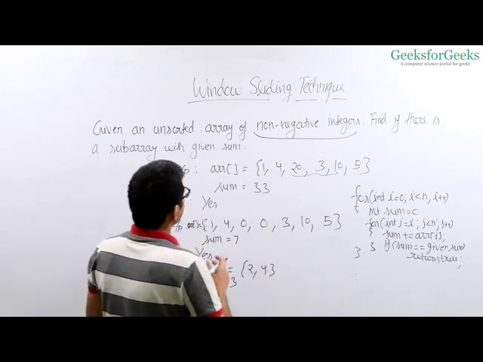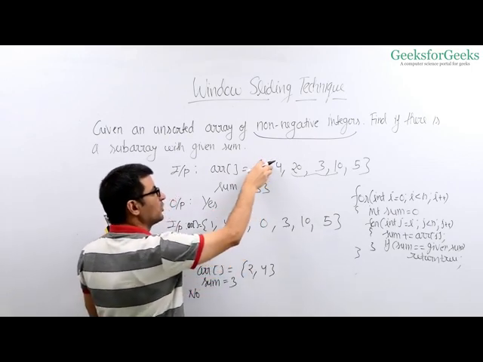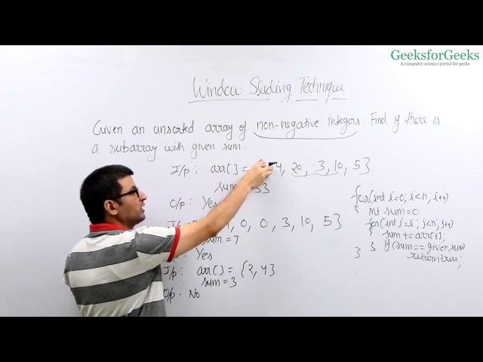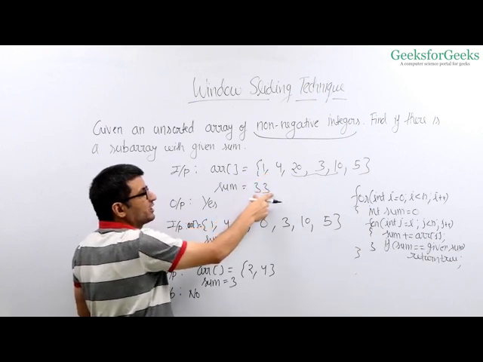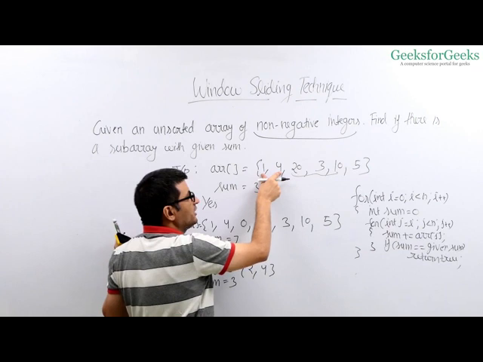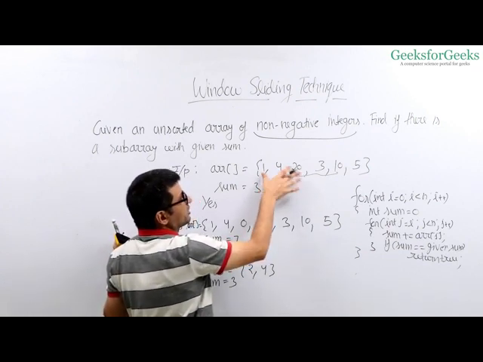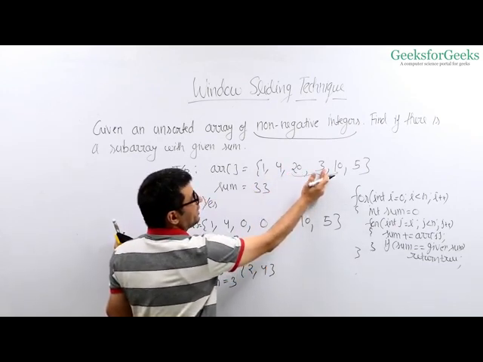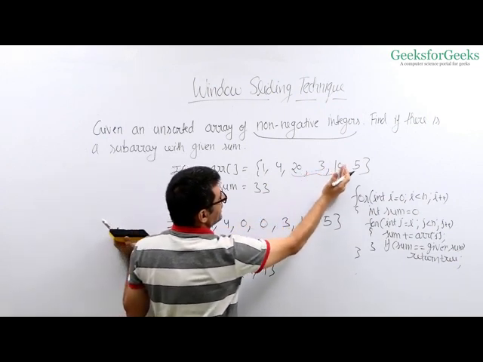What we do is we maintain a window of current sum. We begin from this. Starting point and ending point of this window are this element only. We check if the sum of current window is smaller than 33. We add more elements to the window. We add 4. Still smaller than 33. We add the next element also. It's still smaller than 33 because the sum is 25, which is smaller than 33. We add the next element also. So 25 plus 3, 28, is still smaller than 33. So we add the next element.